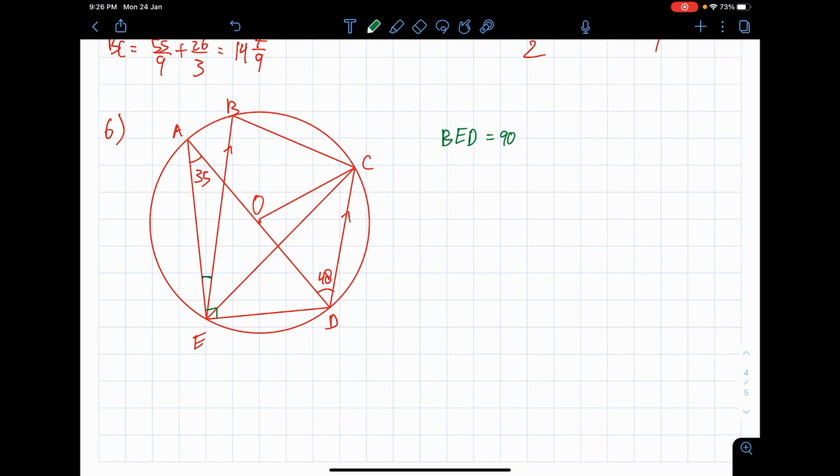Okay, can't really get directly. I'll just find this angle first, which is part of the triangle AED, right? Just take 180 minus 90 minus 35. You'll get 55 here. I don't know whether it helps, but